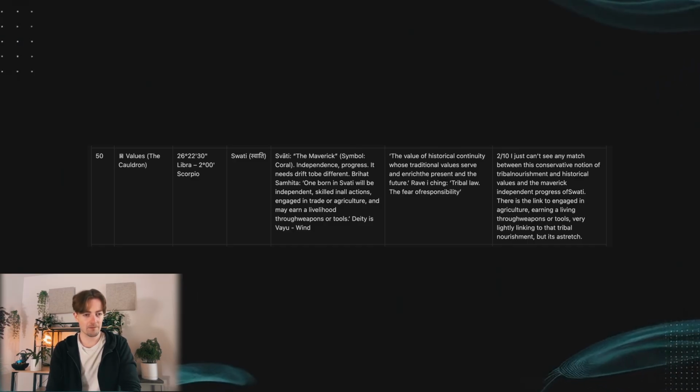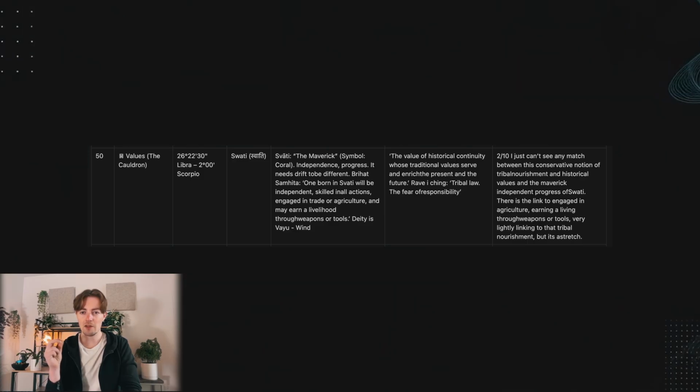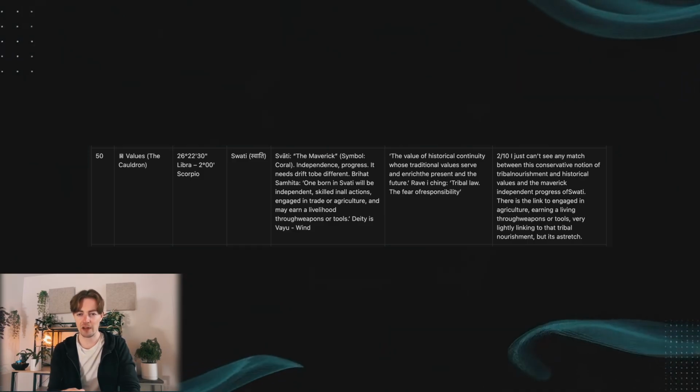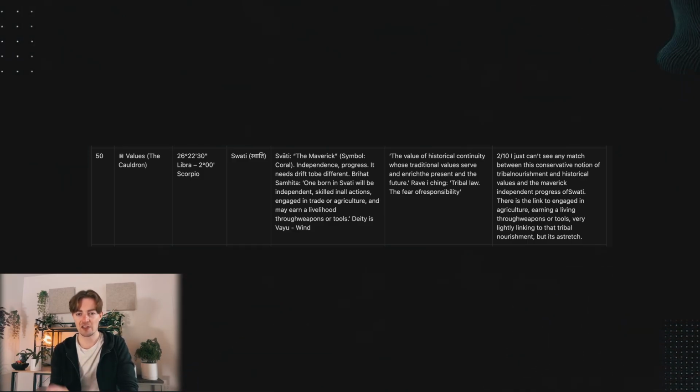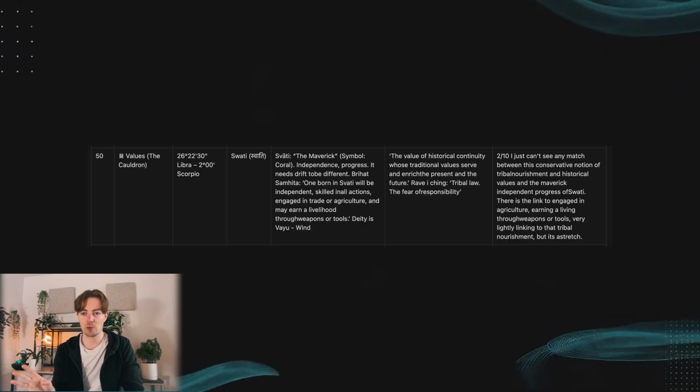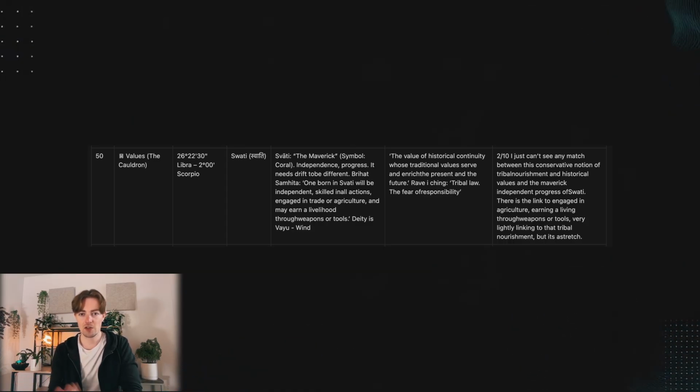So the notes I have for Gate 50, values, the Cauldron: the value of historical continuity, whose traditional values serve and enrich the present and the future. From the Rave I Ching, I have tribal law, the fear of responsibility. Personally, I cannot see any match between the conservative notion of tribal nourishment